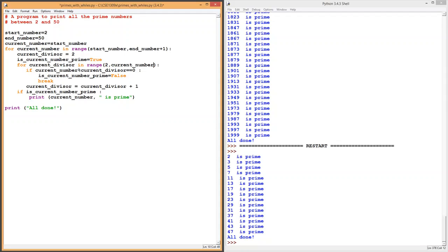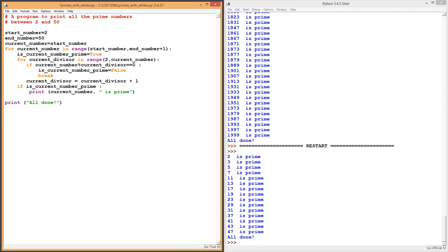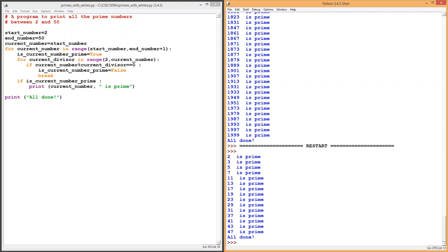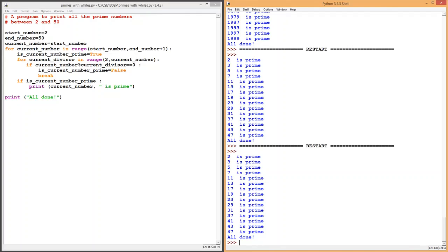Now since the current divisor is automatically set by this for loop, I do not need this current divisor here. And also, since the for loop takes care of incrementing the current divisor, I do not need this other incrementing statement. This time, if I run my program again, you see that again it prints all the prime numbers